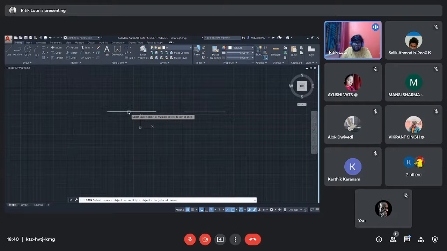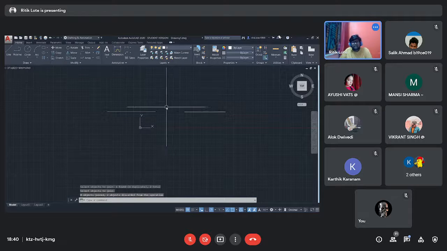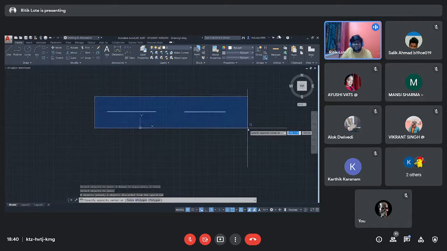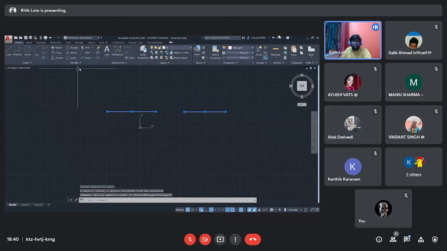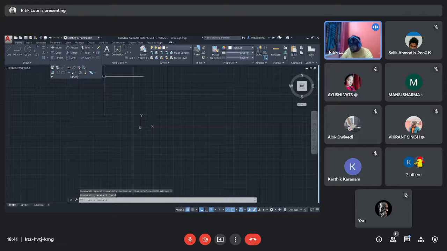I have selected the object. Now join, select objects to join. I don't know why it's not joining at the current moment. I will show it to you later why it's not joining.